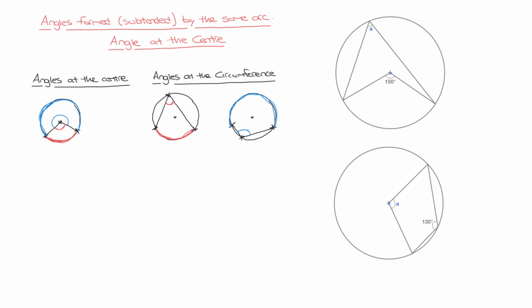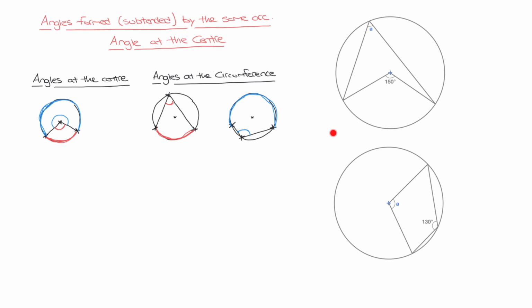If the angle at the circumference is an acute angle, then it's being subtended by the shortest of the 2 arcs. On the other hand, if the angle is an obtuse angle, then it's being subtended or formed by the longest of the 2 arcs. And it's worth keeping that in mind,